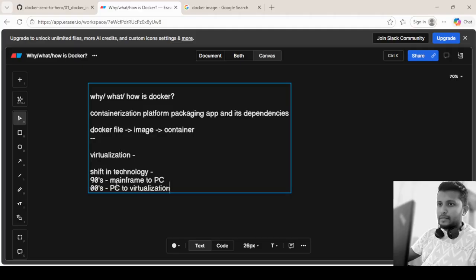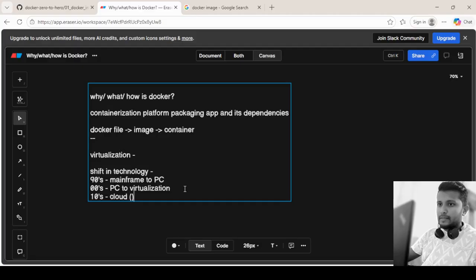Because of virtualization, most of these issues have been resolved. But every tool, every software, every technology has some drawback, and that leads to the next step up in the technology. In the 2010s, we moved from virtualization to cloud.